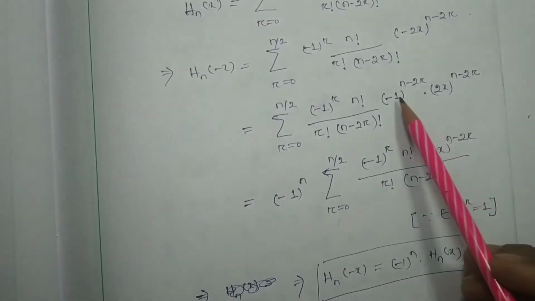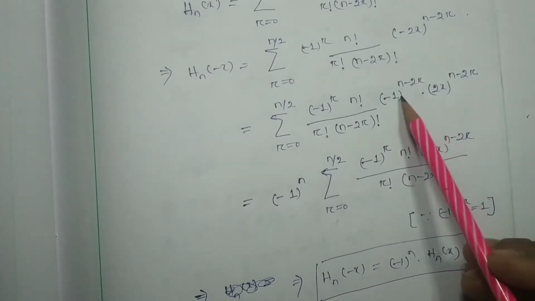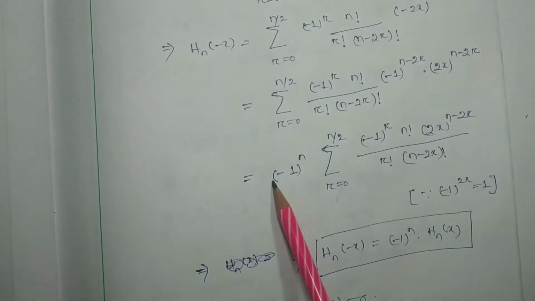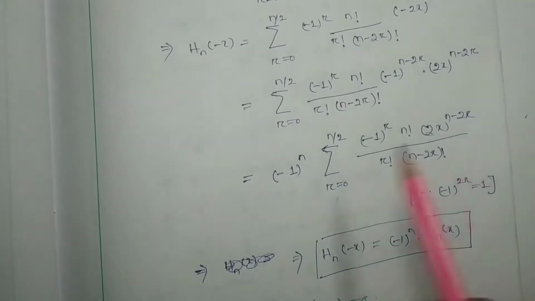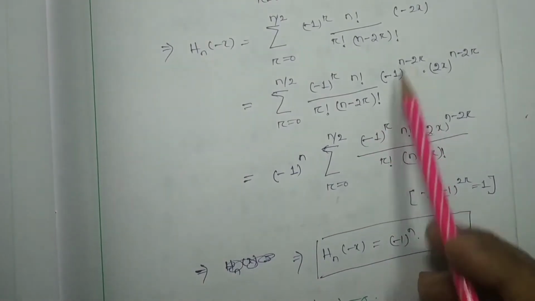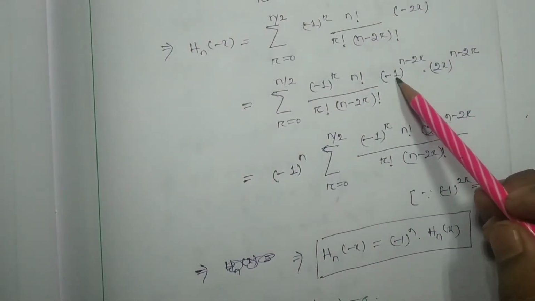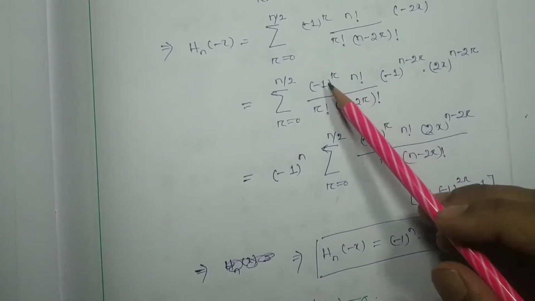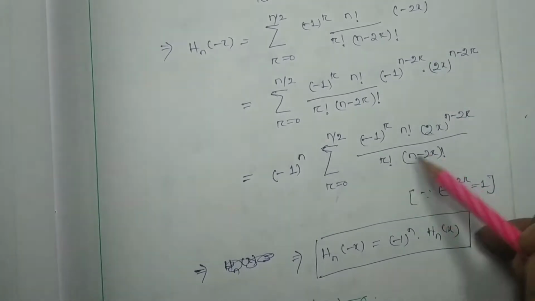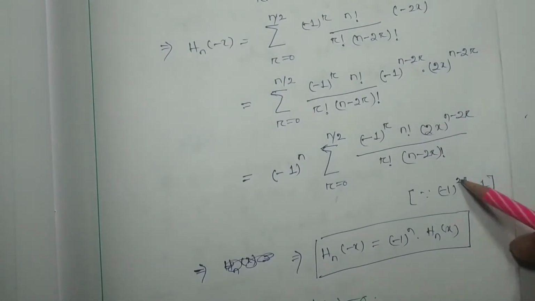So here you see that minus 1 to the power n and minus 1 to the power minus 2r. So minus 1 to the power n is taken outside the summation. We have taken outside of the summation minus 1 to the power n, and the rest of the terms are minus 1 to the power r, n factorial and 2x to the power n minus 2r divided by r factorial into n minus 2r factorial, where minus 1 to the power